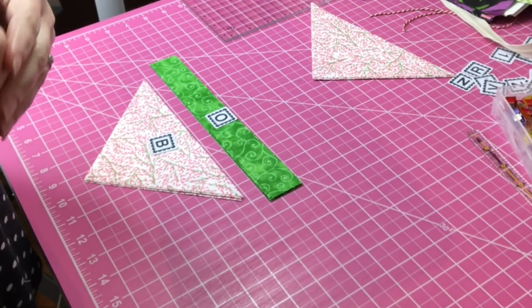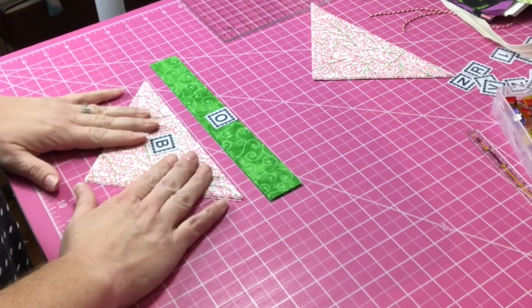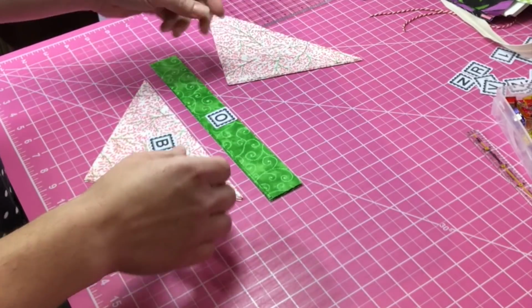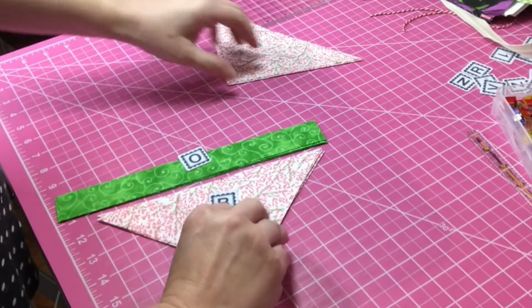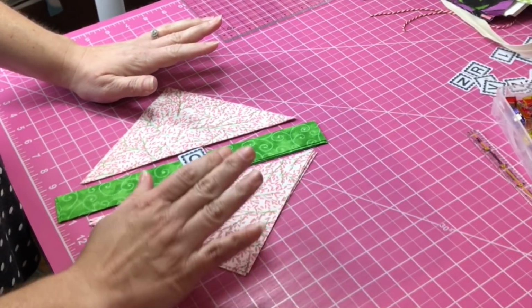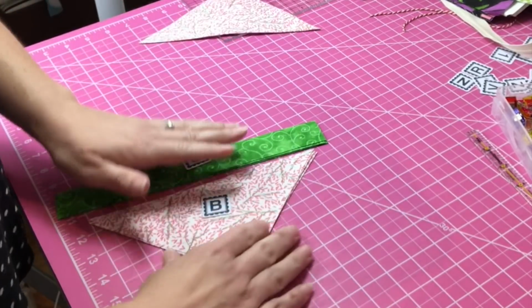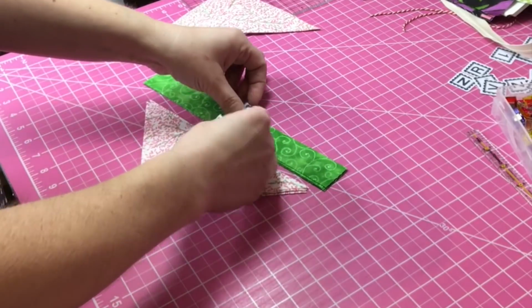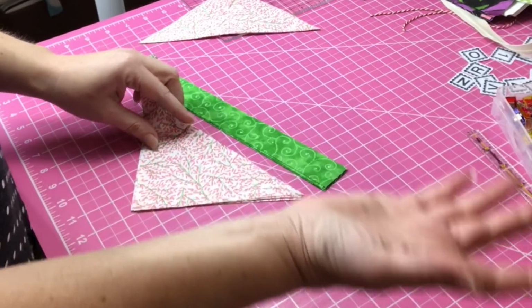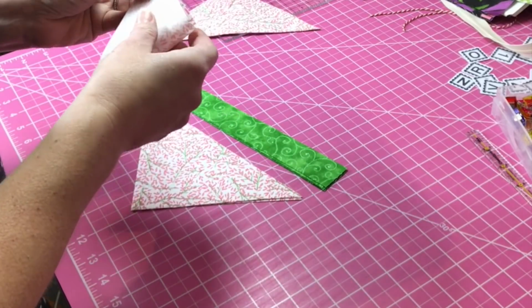So now we're going to be assembling these stems. So what we're going to do is we're going to take the B. I took half of them because you sew them together, and then it's going to make a stem when you sew them together like this. Okay. So the first thing we want to do is match them up one side, and then we're going to sew the other side on. Okay, so the way that we know the halfway point, we can now remove the B and the O, is they tell us that we are going to fold them right sides together, and